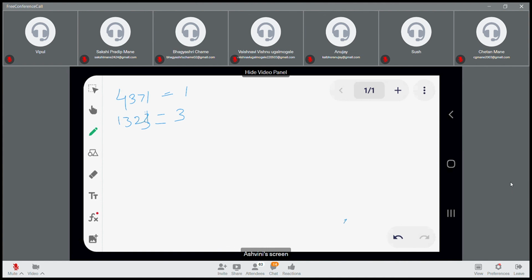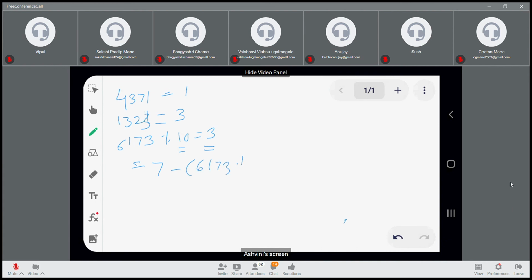Okay, now the next number is 6173. 6173 mod 10 is equal to 3. Here a collision occurs, hence we need to apply the second hash function now. How to apply the second hash function? After the 10, the next prime number is 7. So your function is 7 minus